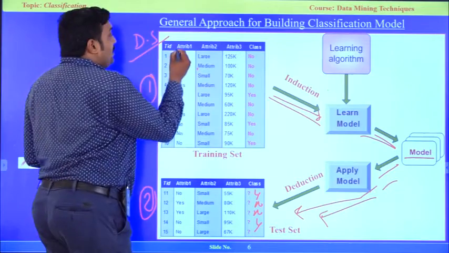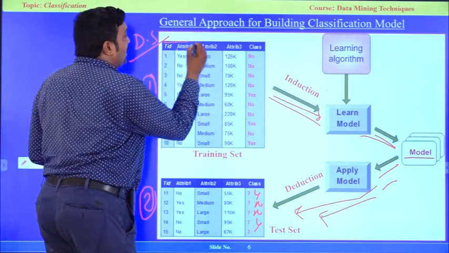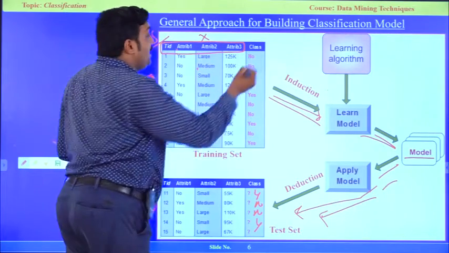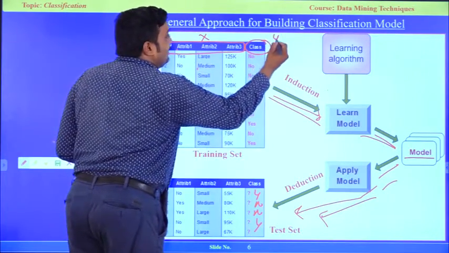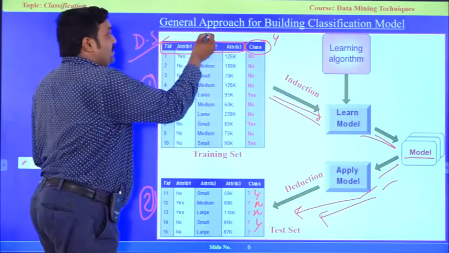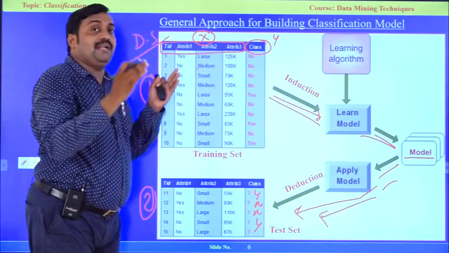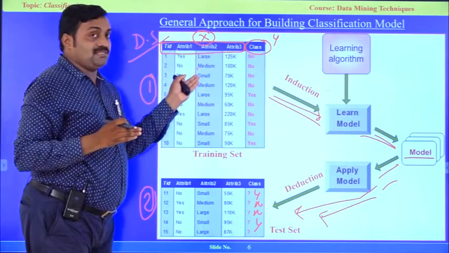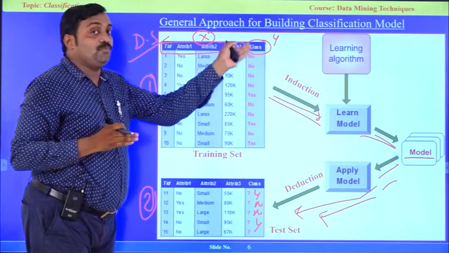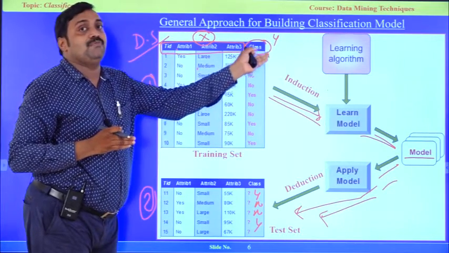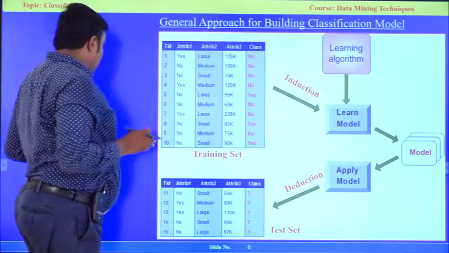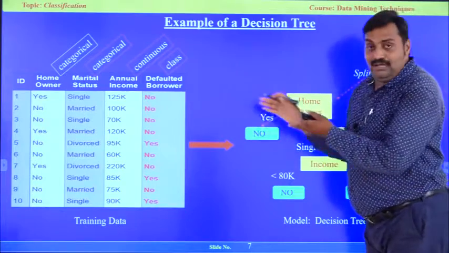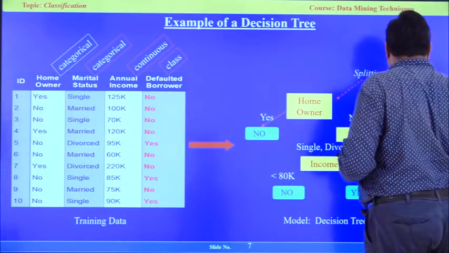Now see here, we are having these four attributes, X as per the definition, and this class is nothing but the Y. Okay, as per the previous definition, we are going to split the entire record into two sets, X set and Y set. X contains the independent variables, that is attributes, and Y contains the output or the class label. Okay? Now see, an example of a simple decision tree, based on our previous example.